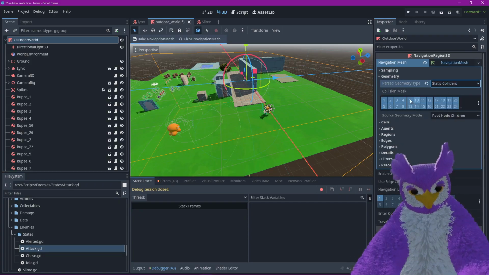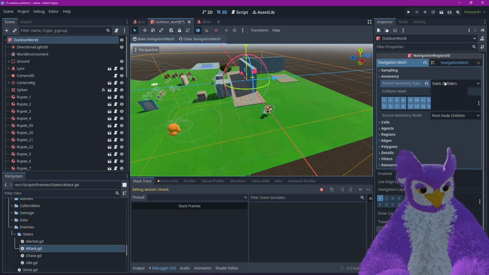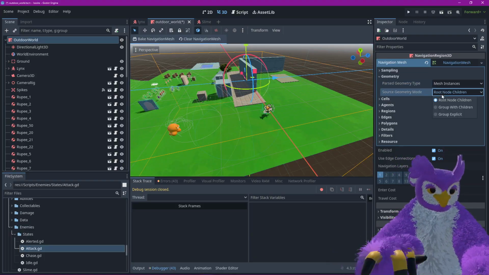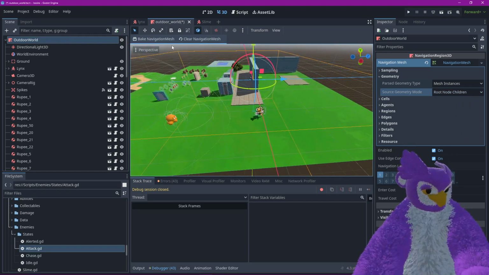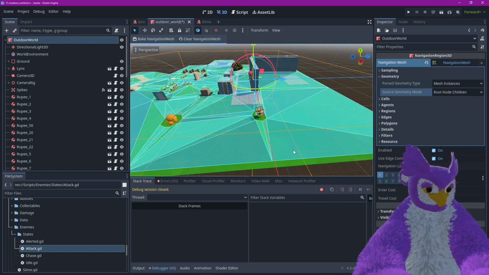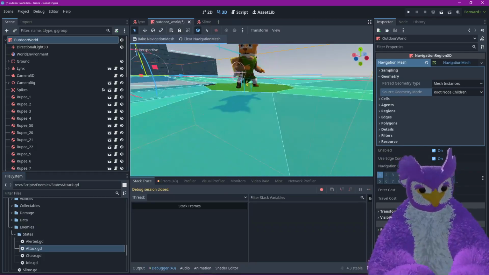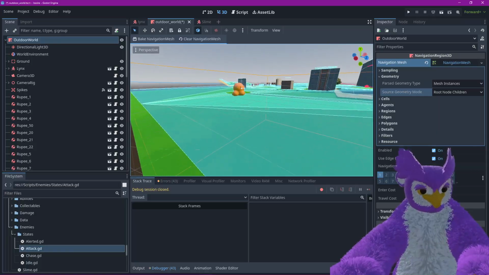I only wanted to do static colliders. I could set it to do mesh instances, but, okay, I'll just show you. If I bake it with mesh instances, it uses the visibility mesh as the collision shape for the navigation area,